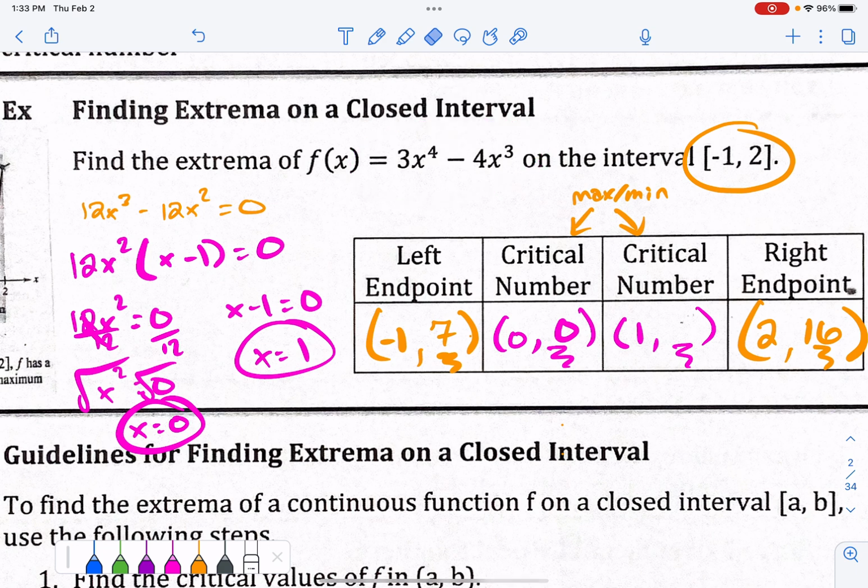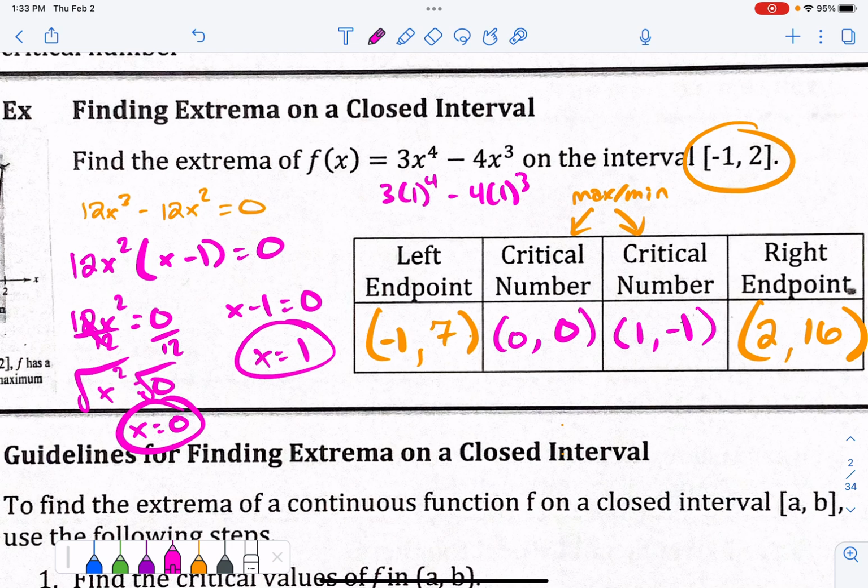If I plug 1 into the original function, 3 times 1 to the 4th minus 4 times 1 to the 3rd. Can you do that kind of in your head? Negative 1. Okay, now the reason why we filled in all of the y coordinates, to make it really nice,